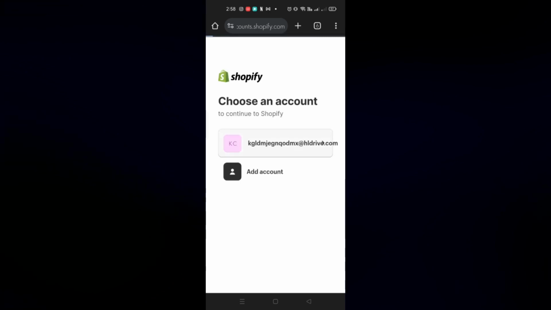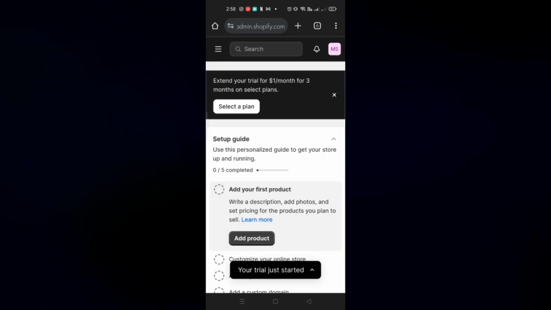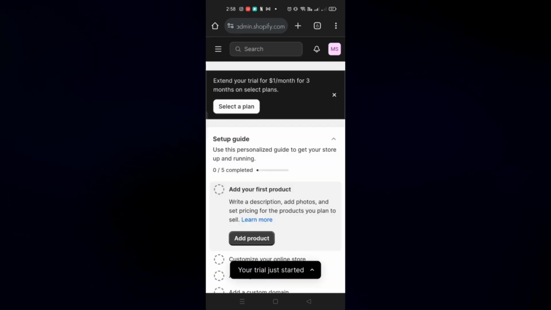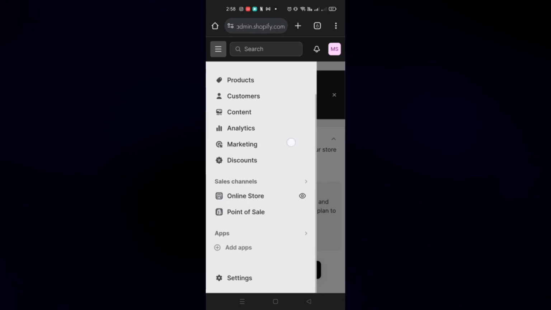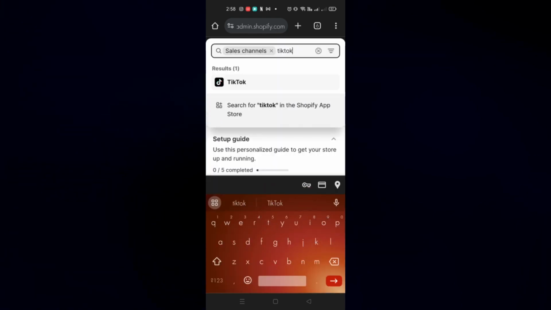And here you can simply choose your account. This is what we've logged in earlier. Once you click on that, you will be routed into your homepage. This is the dashboard of your account here at Shopify. So click on the three bars menu on the upper left corner of the screen and simply type in on the search box,